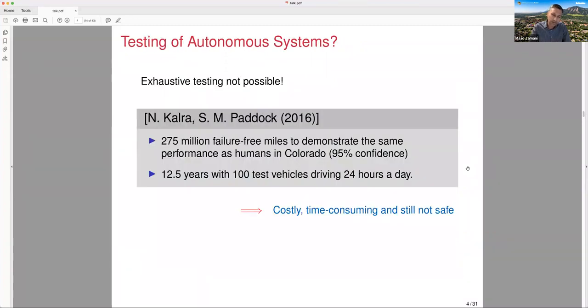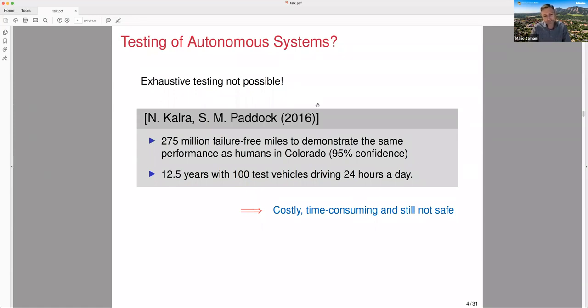So let's see what's going on now and what is the practice today for designing autonomous systems. Almost most of the self-driving car companies, and even the other companies working on different aspects of autonomous systems, are actually relying on testing. So they say, okay, let's test our autonomous systems and, using testing, try to convince customers that we have very reliable systems. The problem with the testing is, based on a study done by Kalra and Paddock in 2016,